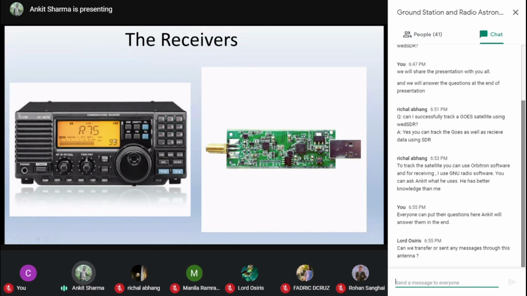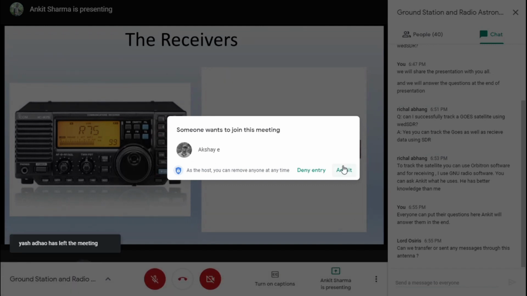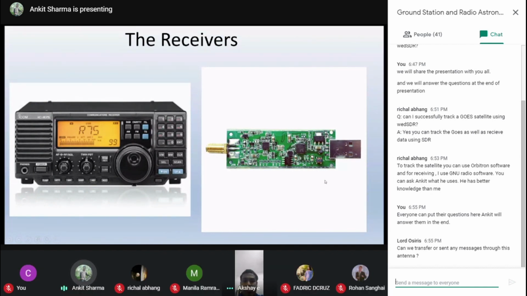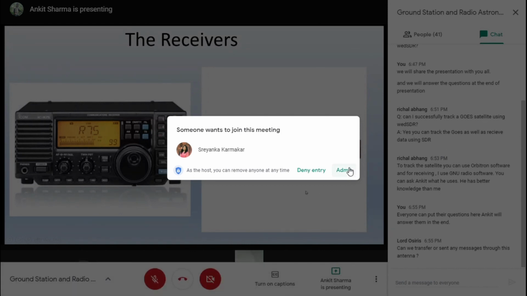You have to sync the frequency settings, you have to sync the frequencies and then receive. Whereas this particular SDR can be automated, because at the end your digital signals are getting into a software, and a software can be automated or easily clubbed with other software. So the decoding software can be clubbed with this, and our Orbitron or our satellite tracking softwares can be clubbed into this easily, and we can have a